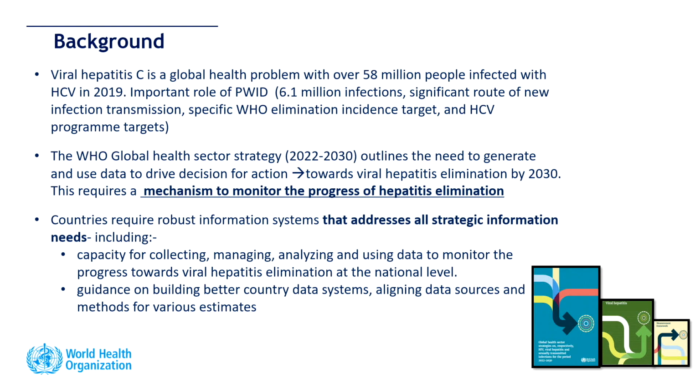So, of course, we know that people who inject drugs are a very important group in the HCV epidemic, with 6.1 million infections. They have the fastest growing route of new infections, and there are specific WHO elimination incident targets and program targets for hepatitis C. So the WHO Global Health Sector Strategy outlines the need to generate and use data to drive precision for action,